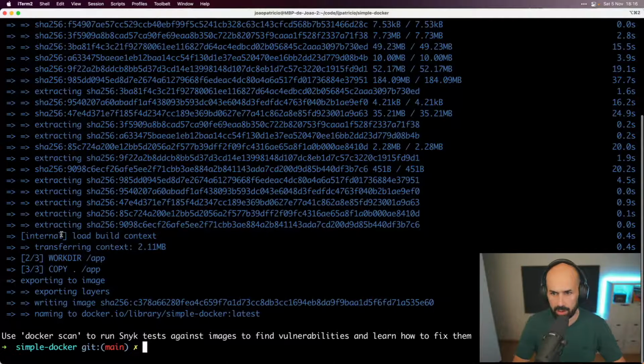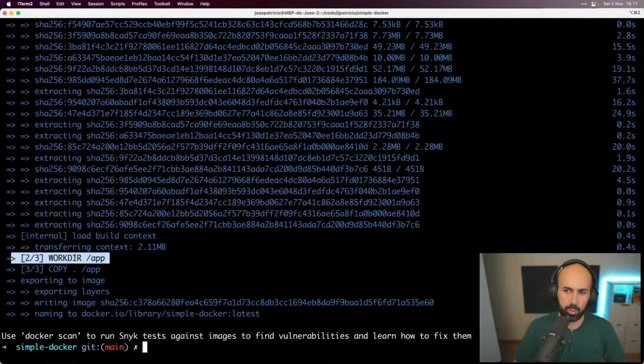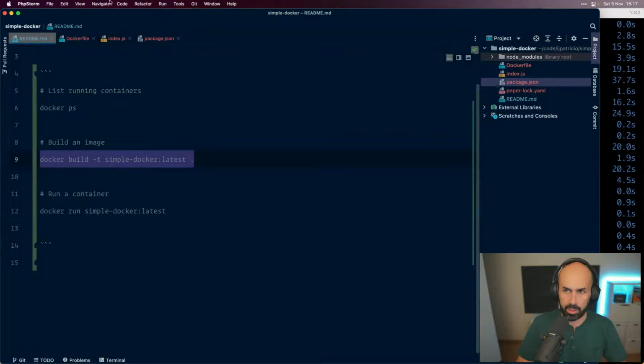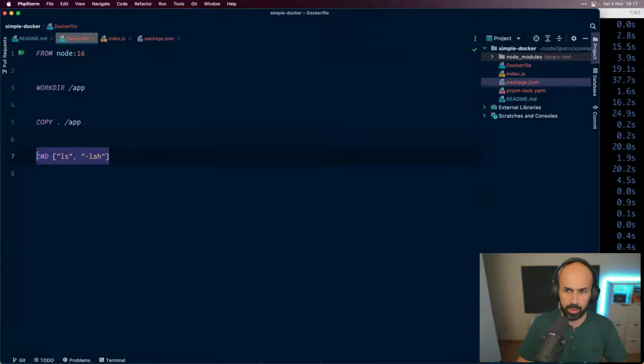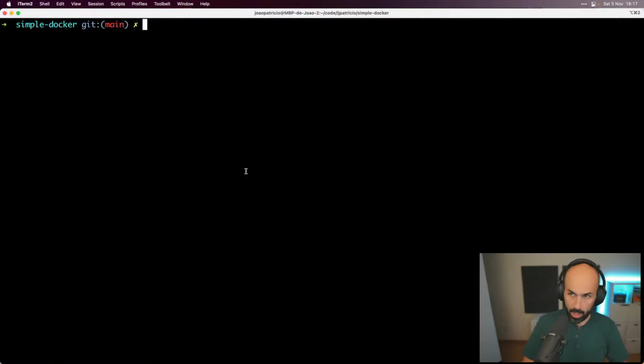So the context was loaded after the pull. We defined that our workdir, the default, is /app, and we copied all the context to inside app. And should I remind you, the default command is ls, to see all hidden files in a human-friendly way.